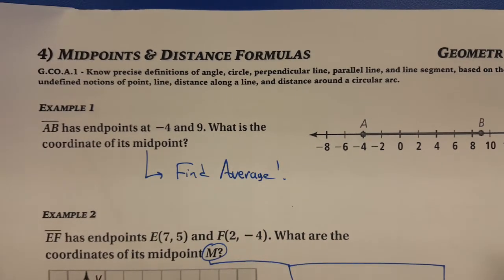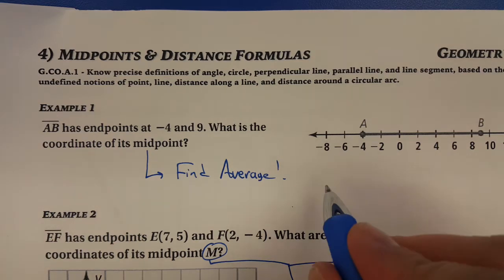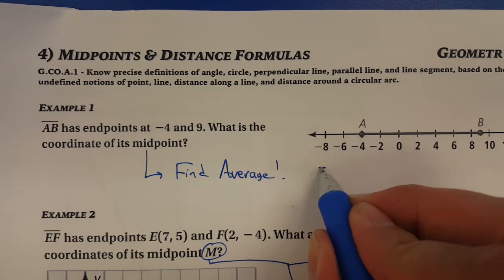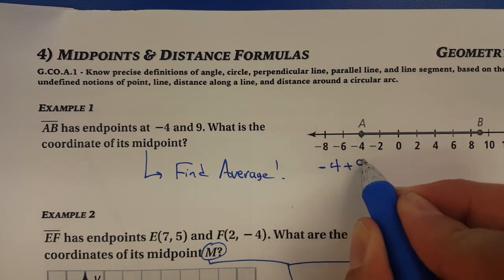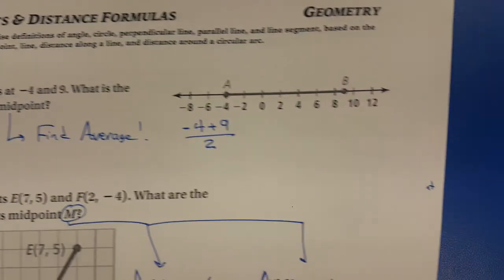It's actually quite simple. The middle of two numbers is simply the average of those two numbers. So how do you find the average of two numbers? You add them and then you divide by 2. Now make sure when you do this in your calculator, you do the addition first and then you divide by